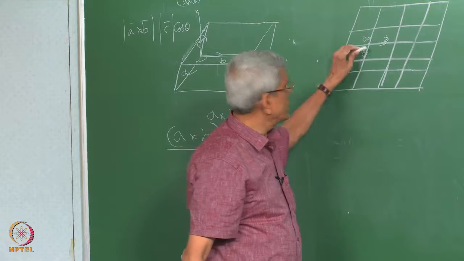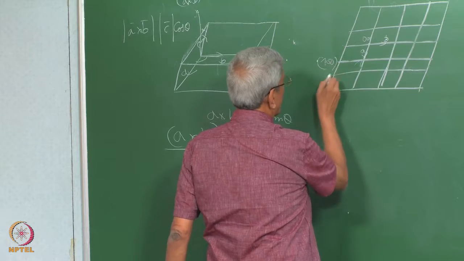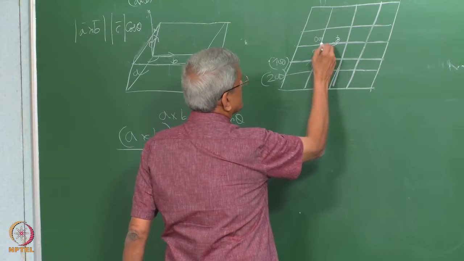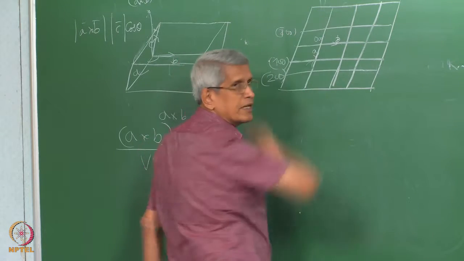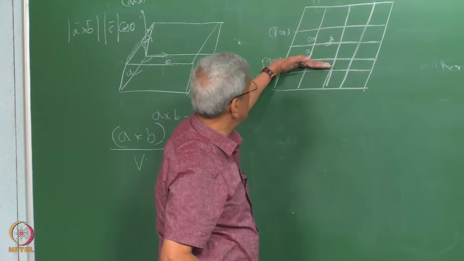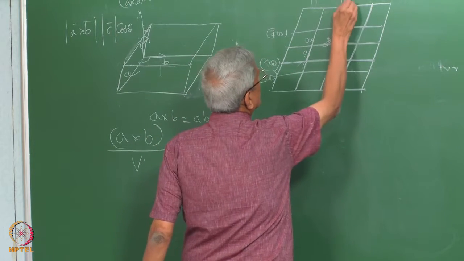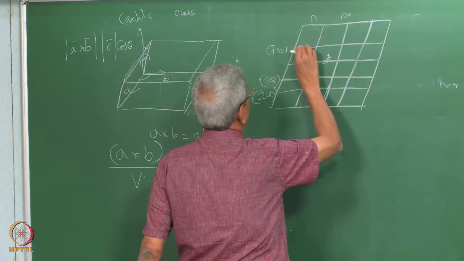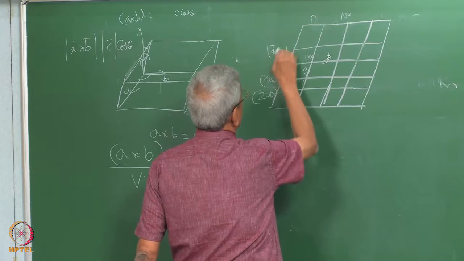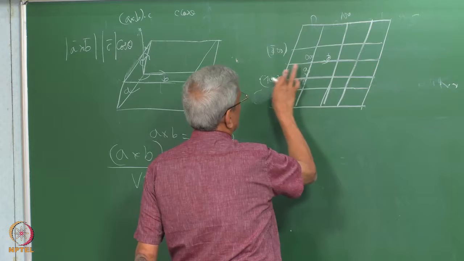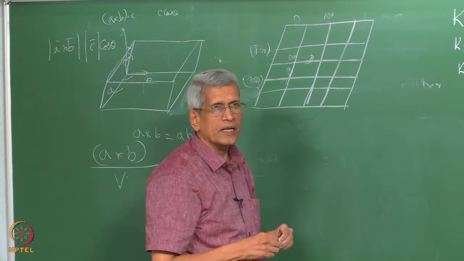Suppose this is a vector A, and these are all the planes which are going to be there. This will be a 1 0 0 plane, this will be a 2 0 0 plane, this will be 1 bar 0 0, correct? Like that these planes will go, because these are the planes in the C direction. The 1 0 0 family of planes will come in this. A 2 0 0 plane cannot come here; it has to come at half the distance, sorry. This will be the 1 bar 0 0 plane, which is a 1 0 0 plane, correct.